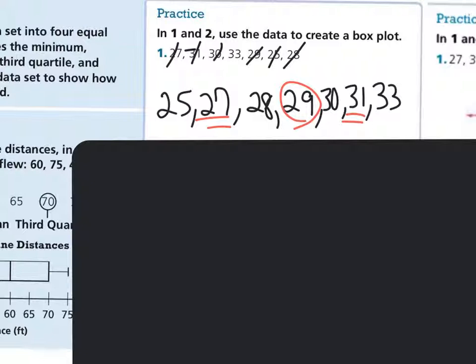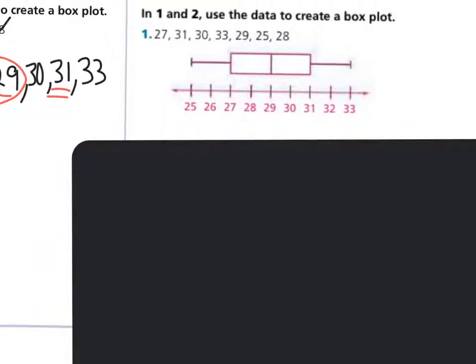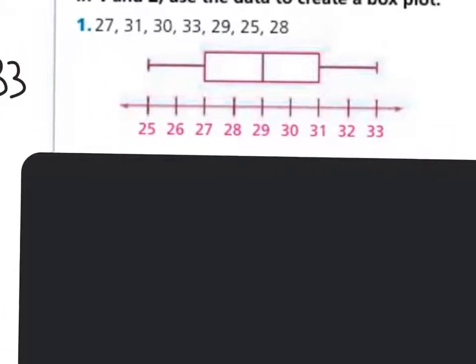Remember, if there's a title or something, or it tells us what the numbers are about, we need to put under the number line what it's about, what they represent. Above the number line, we can put a title of what's happening. In this case, we really don't know what these numbers are referring to, so we can just go ahead and draw our box plot out. So the box plot should end up looking something like this. Again, each section of the box plot represents about 25% of the data.